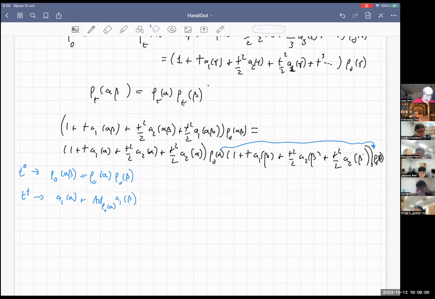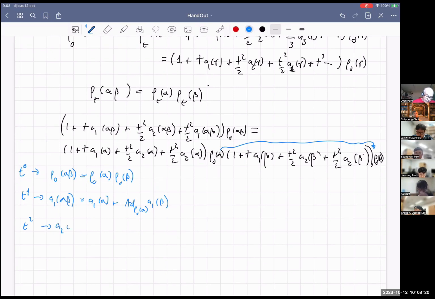And this is on the right, sorry, I should have put it on the left. A1 of alpha beta. And that's a cocycle relation. Then in second order, I get